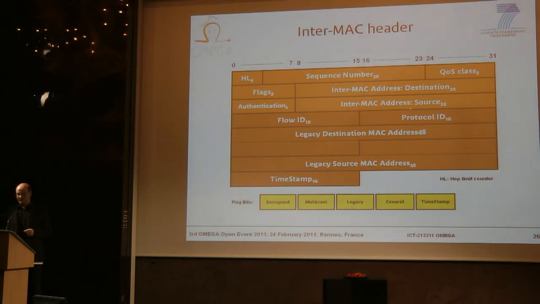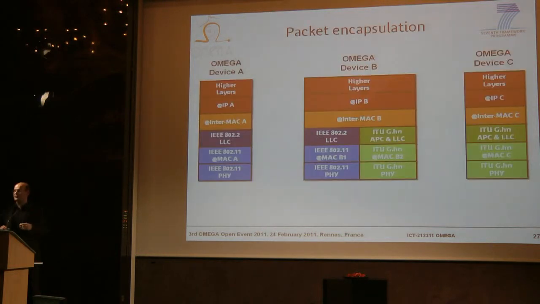And here you see the 3-byte InterMAC address. So this is just the extension ID which has to be transmitted in these 2 fields. And these parts here are optional parts which are needed in special cases and in case a flag signalizes that these fields should be used. So these are the elements of the InterMAC header, and they have already been presented during the last tutorial here in Rennes. So I would like to focus now on a certain use case,